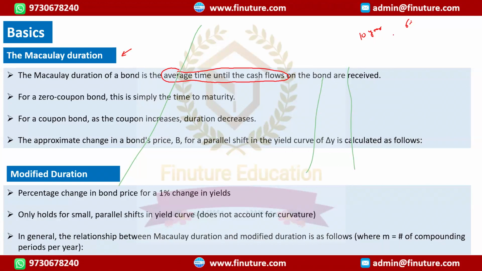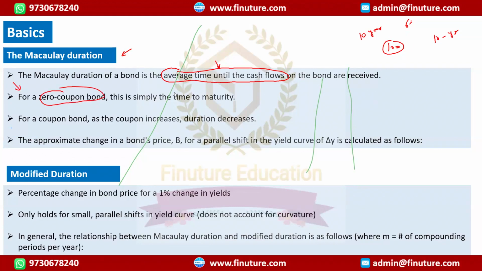Okay, so a 10-year bond, you are getting some coupons in return. If you invested 100, there would be some cash flow coming to you during the life of the bond. So it's an average time you receive your 100 back. The maturity is 10 years, but because you have cash flows in between, your Macaulay duration would be around 7 or 8 years, because you are receiving $3 every 6 months. So you will not receive 100 only at maturity, like what happens in the zero coupon bond. So that's why, a very important point, for a zero